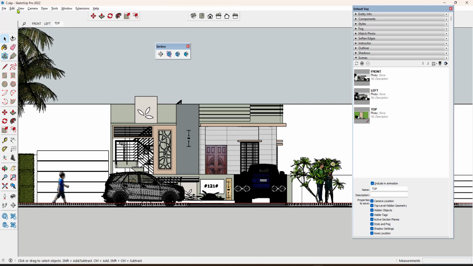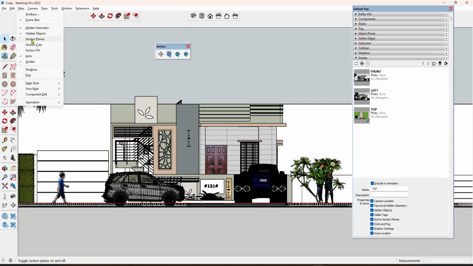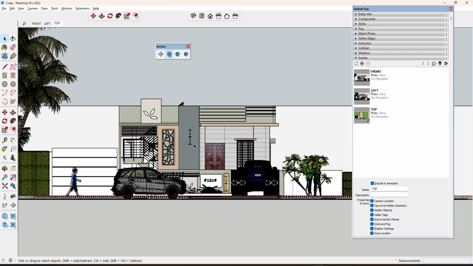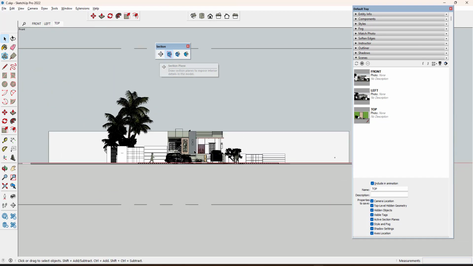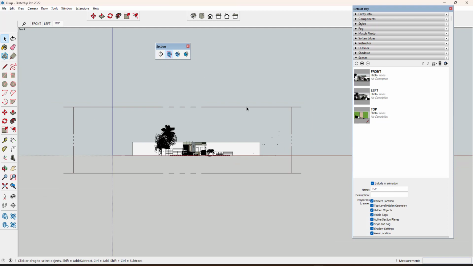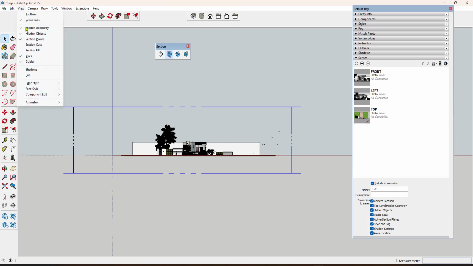To get that section plane, you can go to the view option and then you can click on the section plane again, so that you get the section plane here. In order to see which section planes we use, go to the view option and make sure your section plane, section cut, section fill, these are the same options what I explained here. And the next, axis, guidelines, shadow and then fog, we covered it.